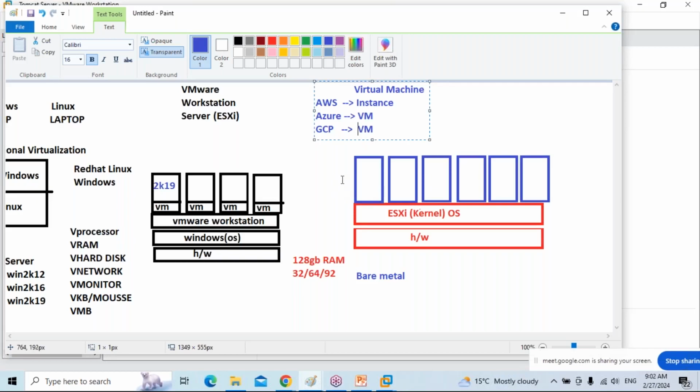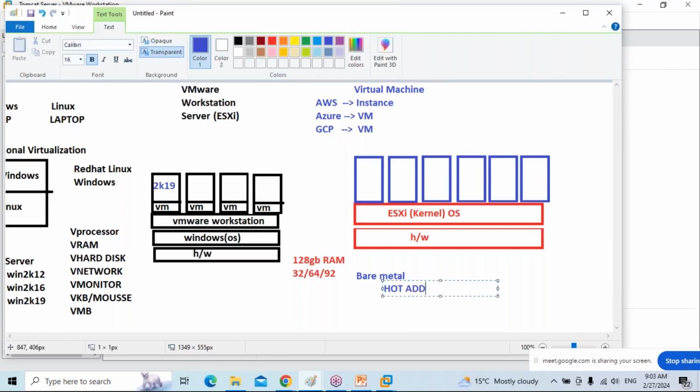So the advantage of this VMware ESXi kernel is that any resources we can add or remove on a running server without shutting down. That is called hot add.